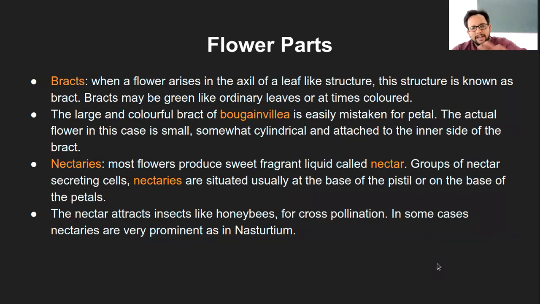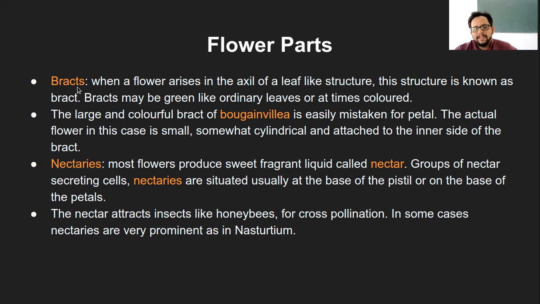Okay, I guess I will just finish this part and then I will stop for today. So in the floral parts, these were all the regular parts of the flower. Most flowers will have all those parts that we have seen, that is the 4 whorls of the flower. But apart from that, there are other flower parts as well which commonly exist.